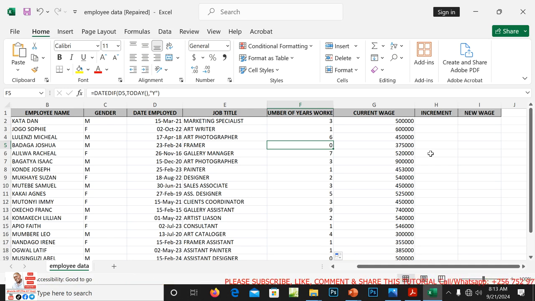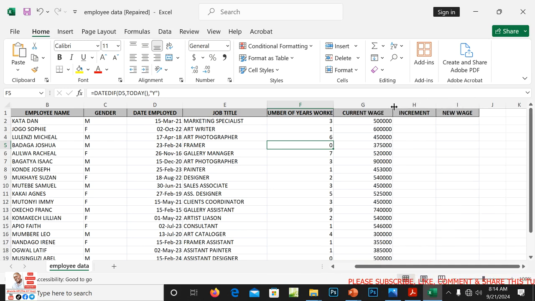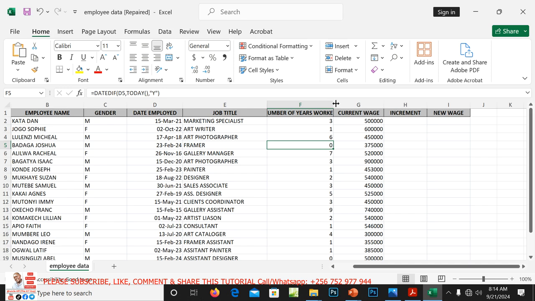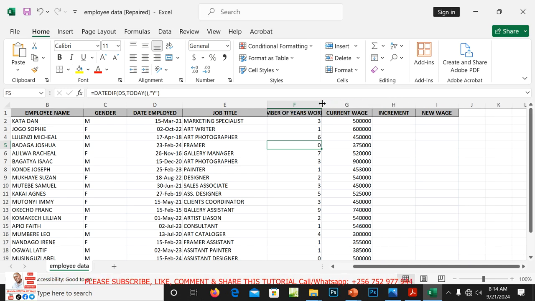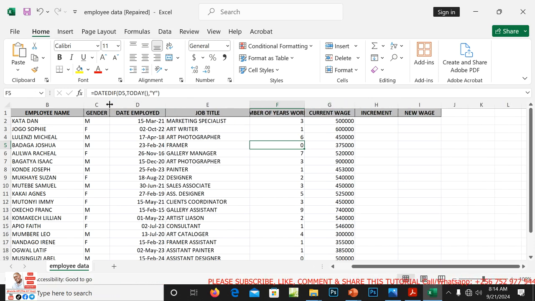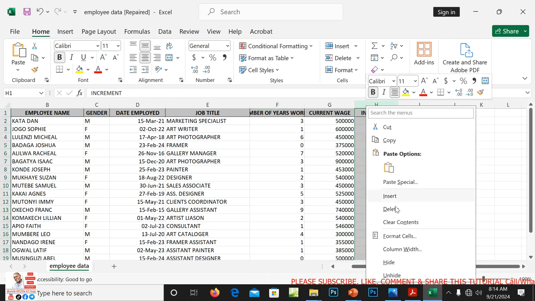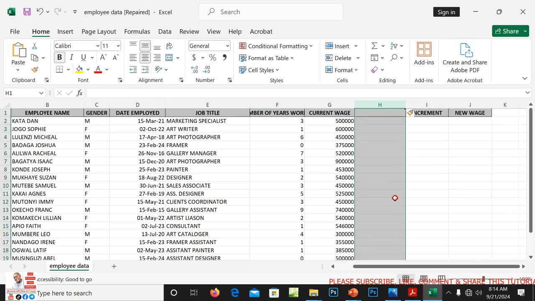Okay, yes, so I think we can even have it after the current wage. I believe so. So let me reduce these columns. Okay, I'm going to create a new column here, insert column, and I'm going to call it percentage.